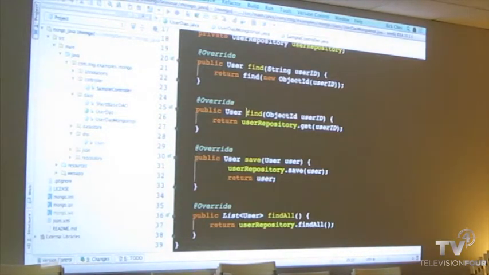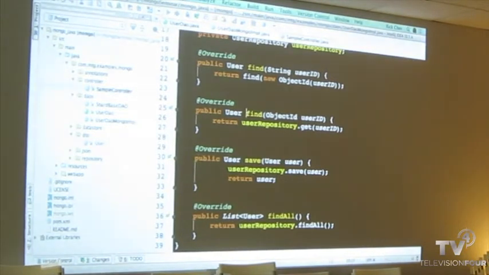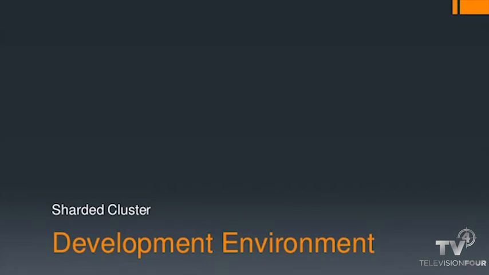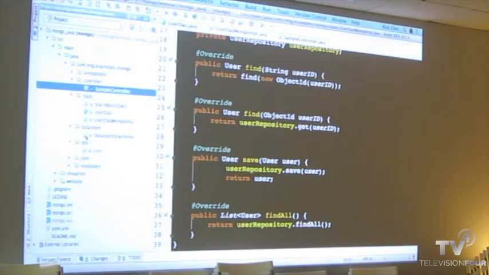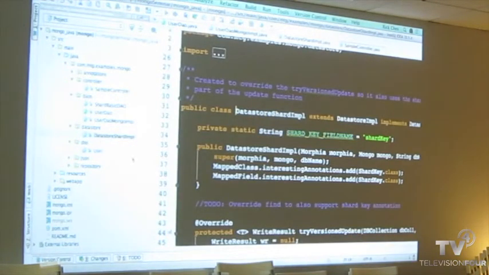Yeah, he's very involved, a very smart guy, and I hope he hears us. But the Morphia that we've been using has stopped development. I'm guessing it's because they want to do the Java driver. So I'm dying for an update. But while waiting for an update, we actually modified it a little bit because it does not support sharding. So the data store, is it data store? Okay. So we created this